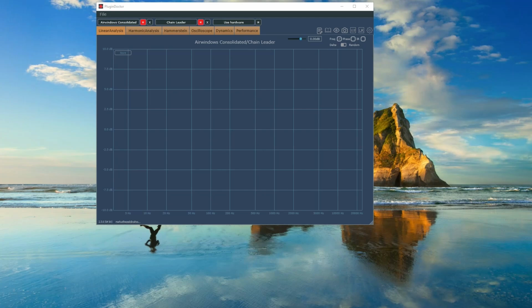I'm back with yet another video tutorial, and this time it's about putting together what we did in previous videos. We will use a tape plugin which features an EQ curve, a saturation curve, and optionally also a dynamics curve. As an example, I will again be using the PluginDoctor plugin from DDMF because it has everything under one hood. I can show you in the case of the Air Windows tape, we have an EQ curve